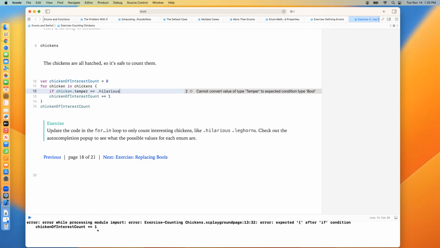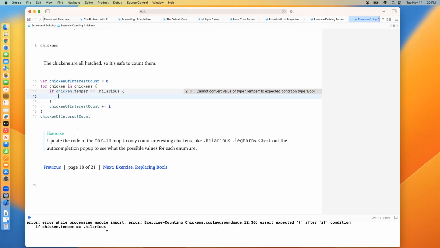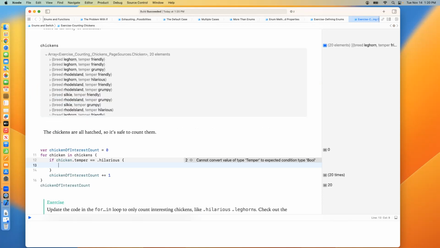And what happens to me is when I look at this code, I forget, oh yeah, that dot hilarious is like that because it's basically a property of the temperament of this chicken. And whenever that temperament equals hilarious, that's when I will add to the count. So instead of just counting every chicken, I'm only going to count it if it's hilarious. And this is the way the author